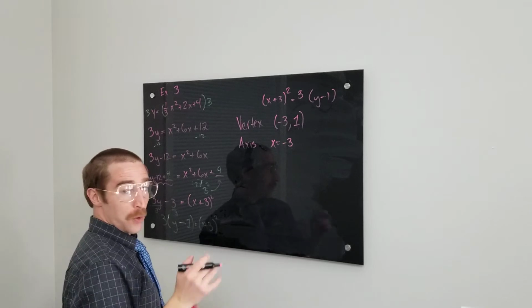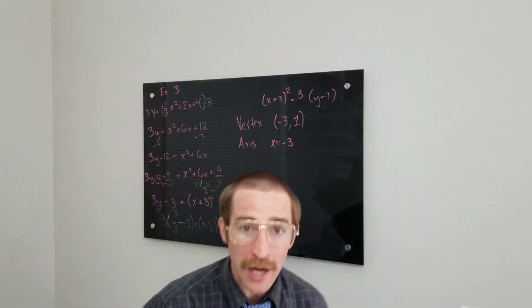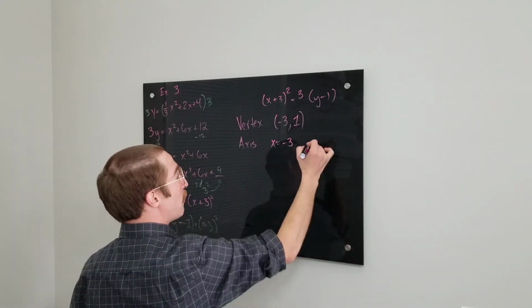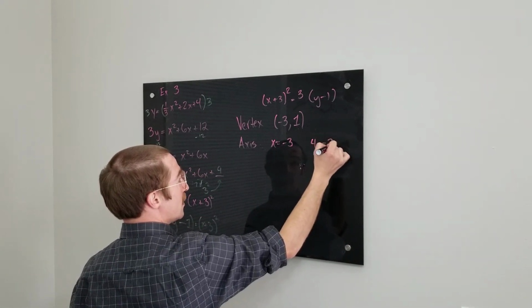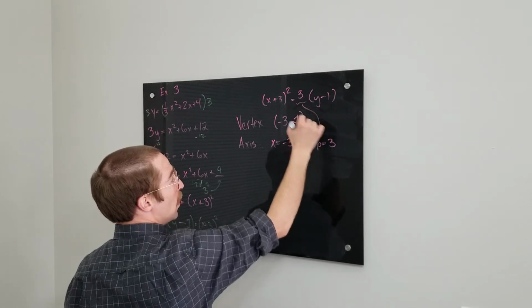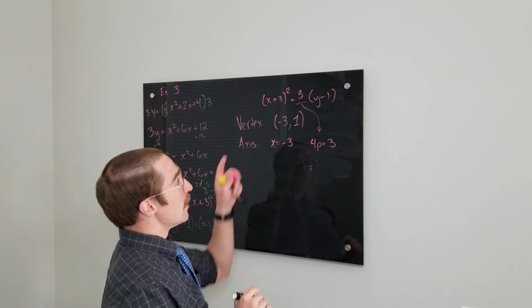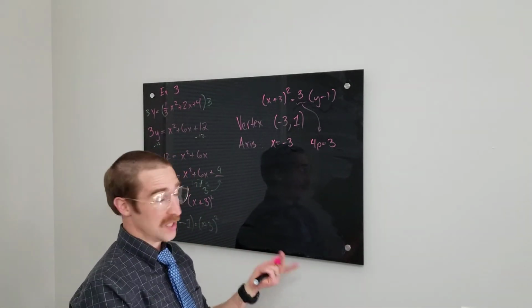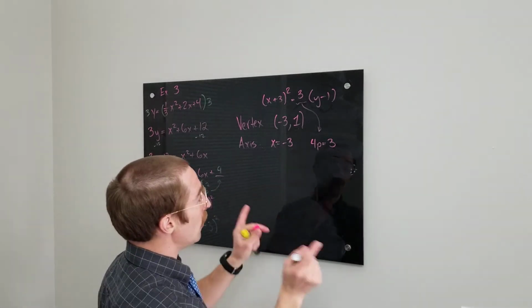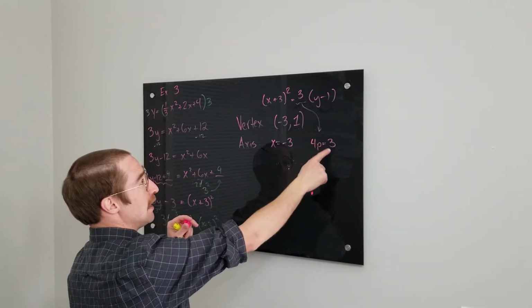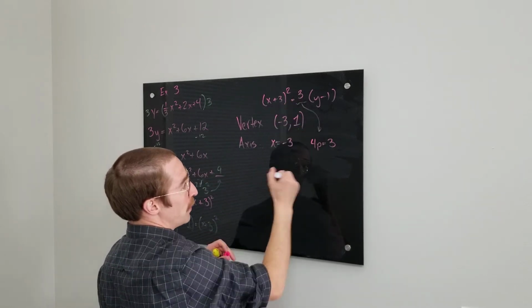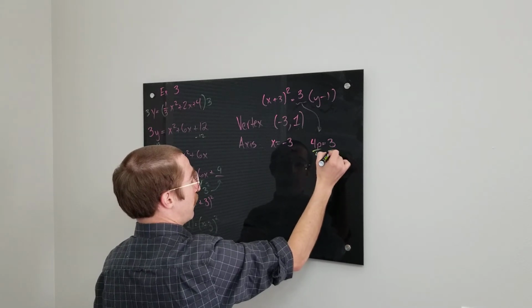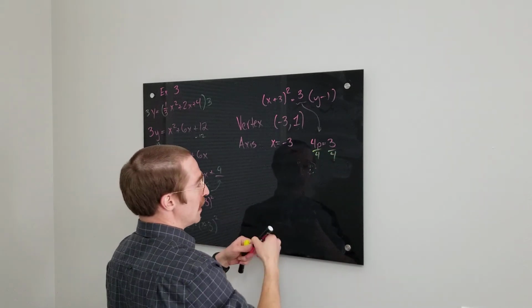Now we need to find the focus and the directrix. In order to do that, we need to know the p-value. So we look and we say, well, 4p is 3, because this is normally where the 4p goes, but instead of a 4p, the number is 3. I need to find out what the p-value is. To do that, I solve the equation 4p equals that number. So 4p equals 3, I divide by 4, divide by 4. We get p equals